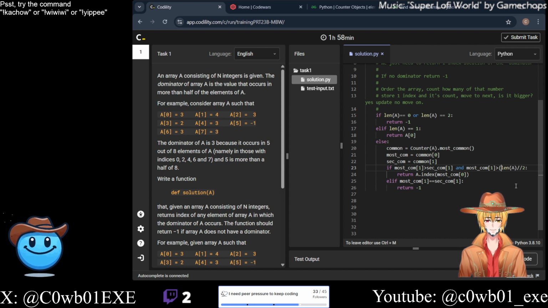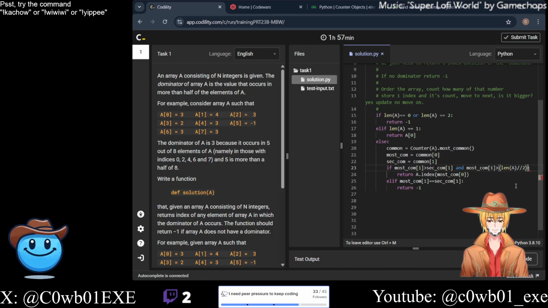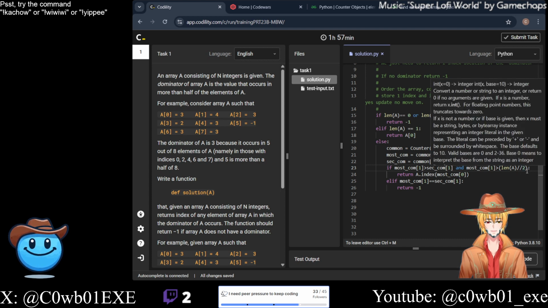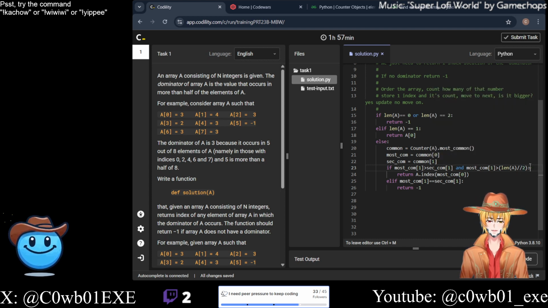Just want to make sure that that's properly nested. There we go. So if our most common node is bigger than the second most common, and the most common is greater than the length of A divided by 2 floored, so we round down,